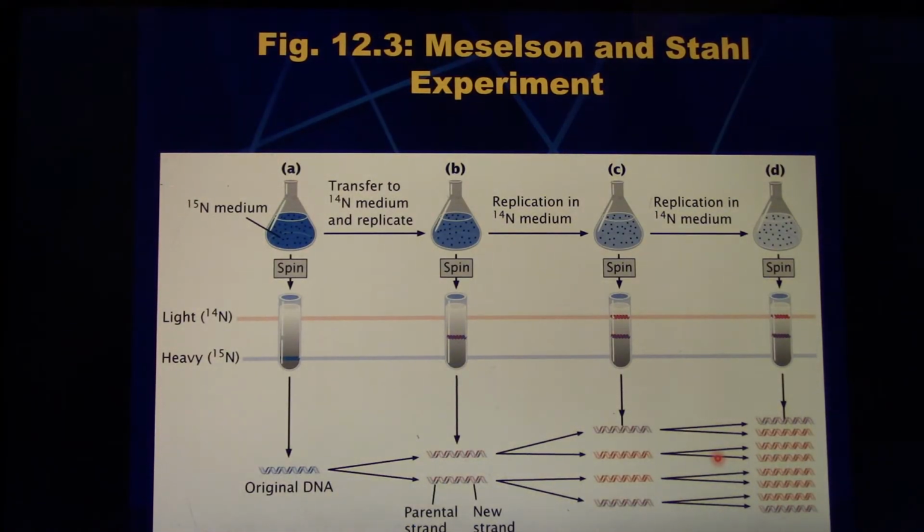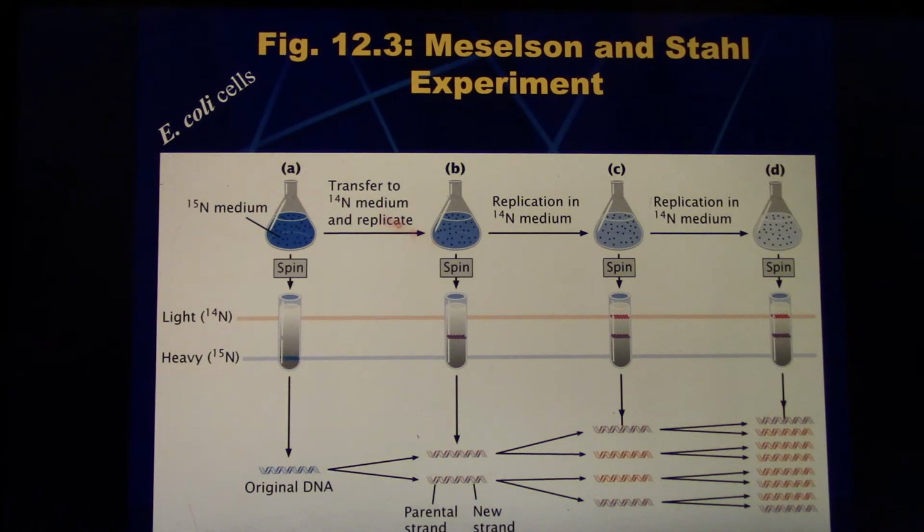So this is what they did. They grew up some lovely bacteria, our friend the E. coli from your gut again, in the presence of nitrogen-15. And they would slice open those cells, look at the DNA, spin it in the centrifuge tube, and they found where the original DNA would settle was in a band that was really far down in the centrifuge tube, shown